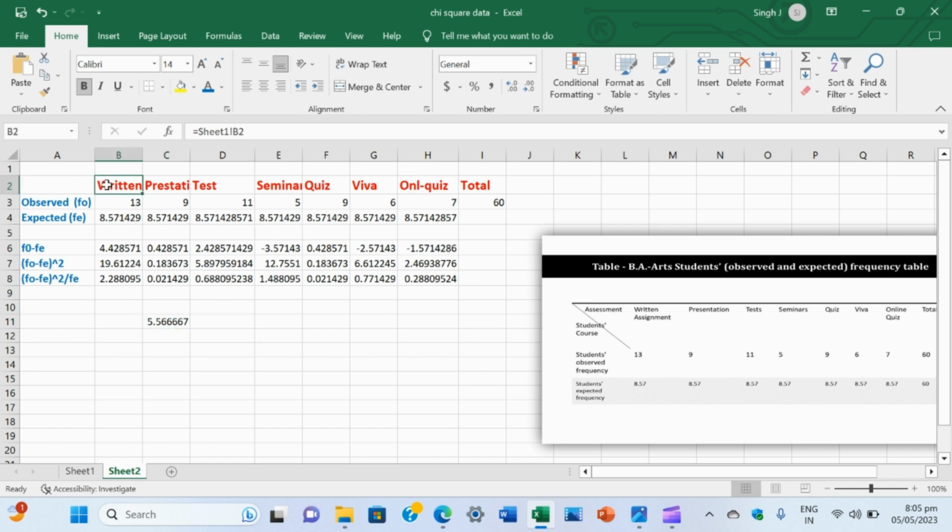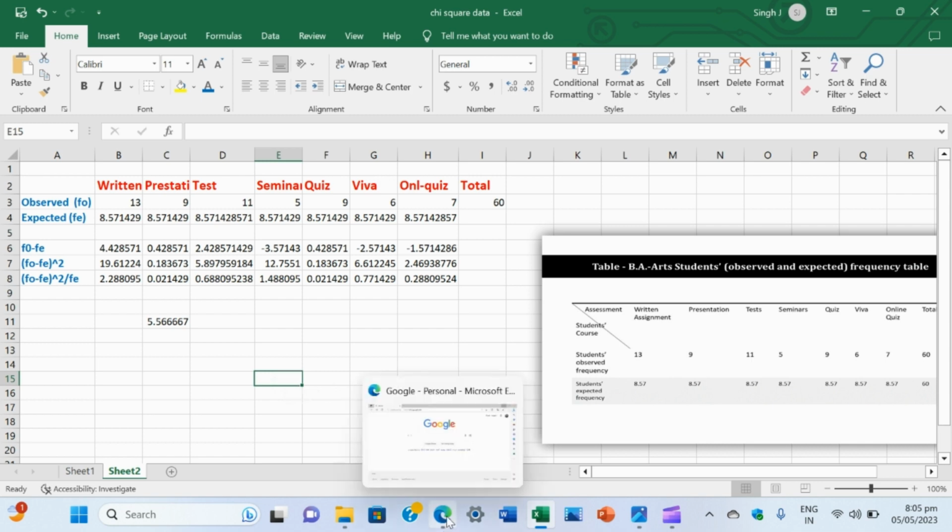This is the chi-square value, and the degree of freedom is 7 minus 1, because 7 are the categories, that is written, presentation, test, seminar, viva, online quiz. These are the 7 categories, and the degree of freedom will be n minus 1, which will be 7 minus 1. And for this degree of freedom we find the critical value of the chi-square, and for this we check online